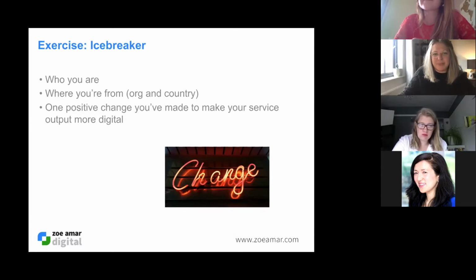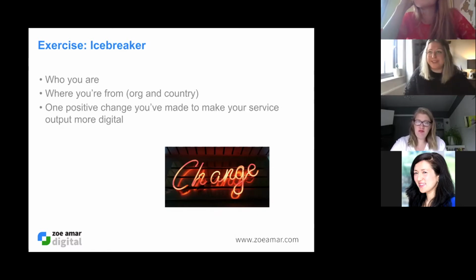we're going to have a think about one positive, let's start positively. Let's think about one positive change you might have made to your service output. So either a service you've made more digital or something that you've done digitally with a service that already exists. Have a little think about one positive thing. There must be one positive thing you've done. So share who you are, where you're from, and one positive change you've made in the chat, if that's okay.